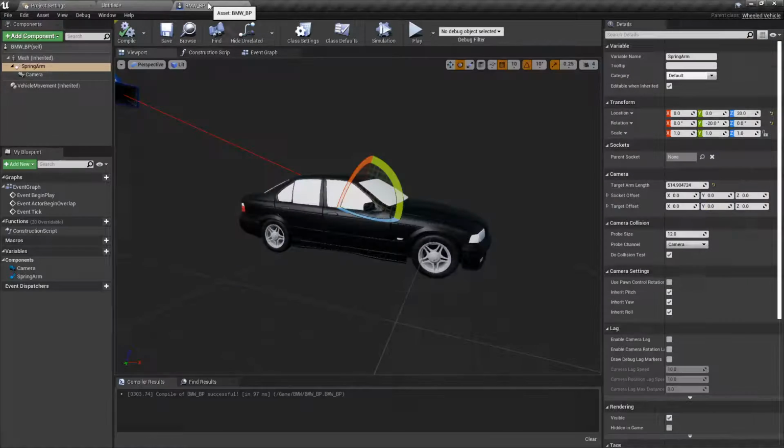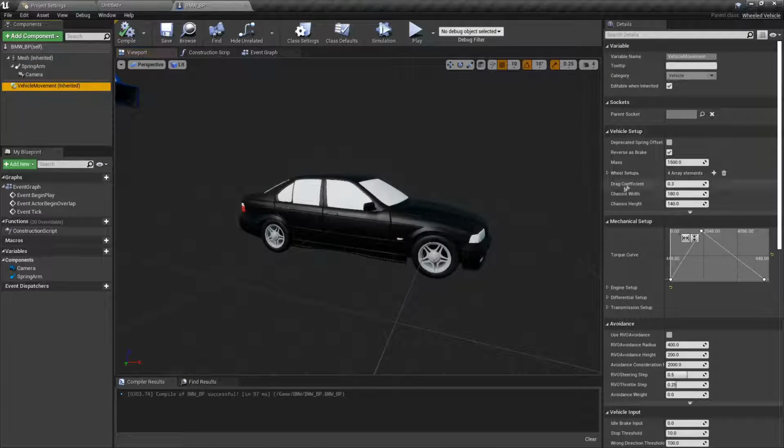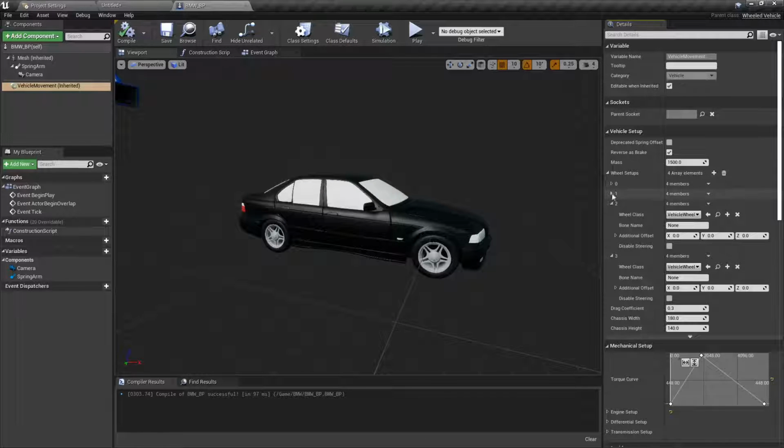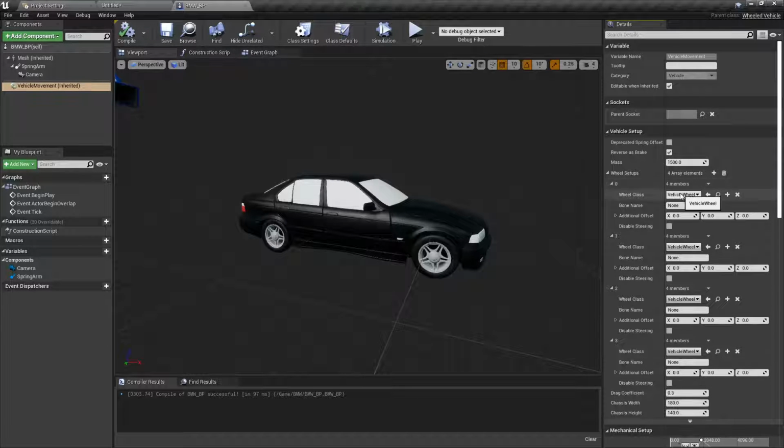Back in the blueprint of the BMW, we want to select the vehicle movement up the top. On the right, we got wheel setups. We're gonna hit the down arrow. You got 4 wheels here. We're gonna expand each one of these, and in the drop downs for each wheel, you're gonna select BMW wheels that we just created.